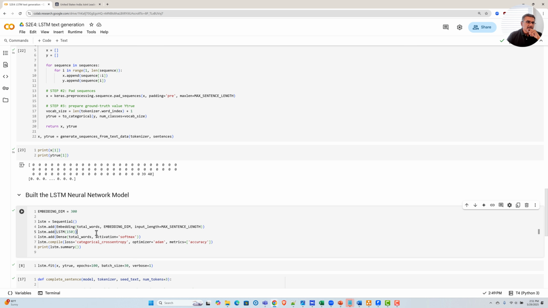Okay. I'm predicting the next word because, again, what is my goal? My goal is that I want the LSTM to read all these sentences and start predicting the next word. And in a loop, I can keep on predicting next words to form sentences. So how do you predict the next word? You predict that by softmaxing across all the words in your vocabulary.